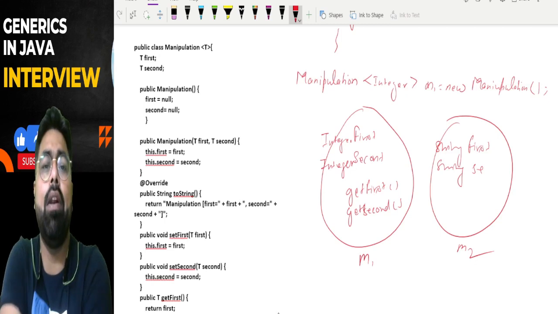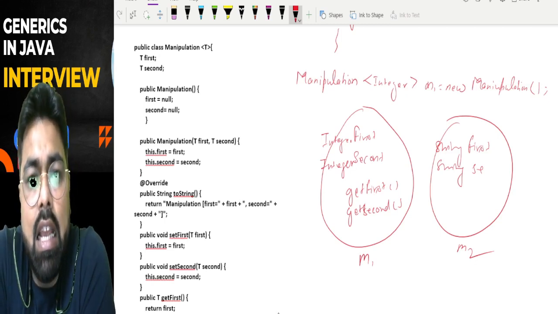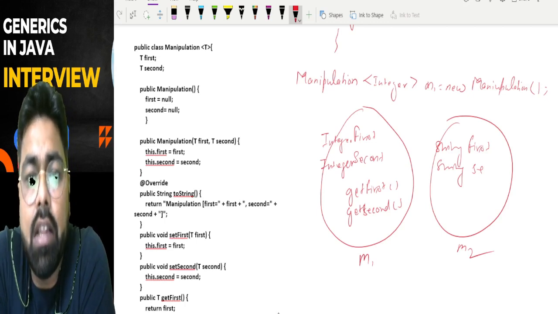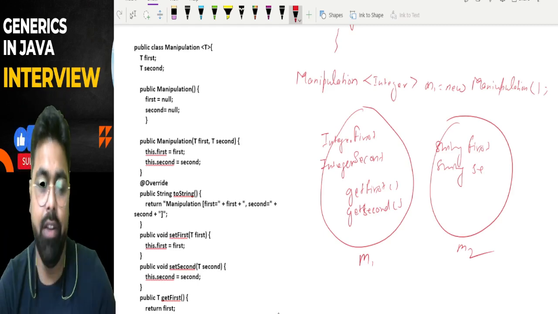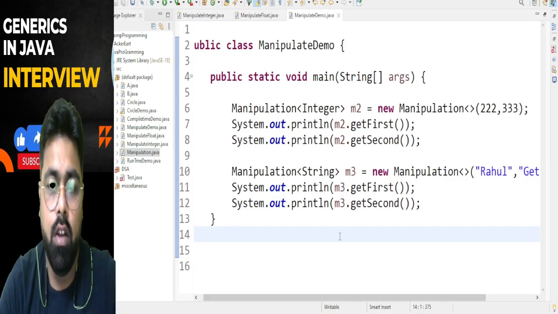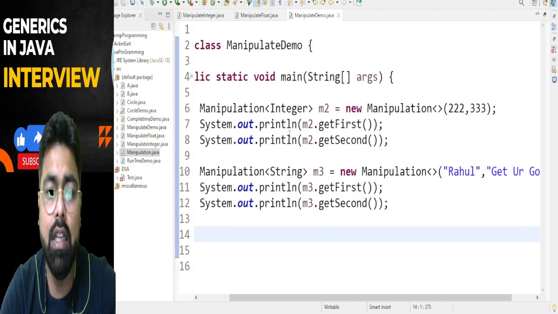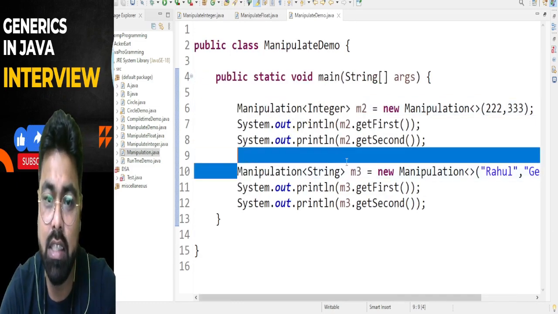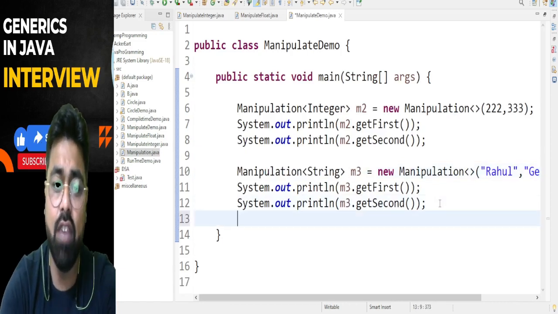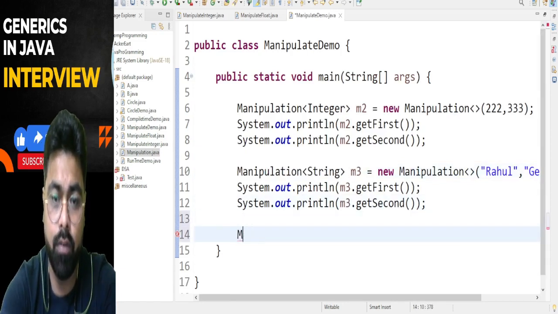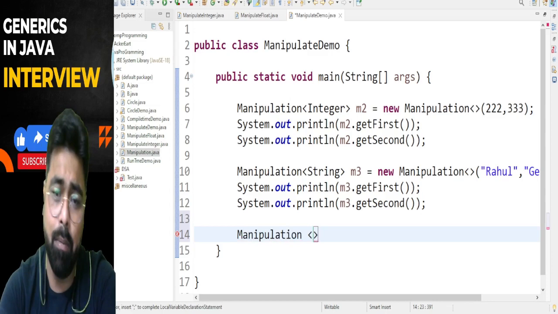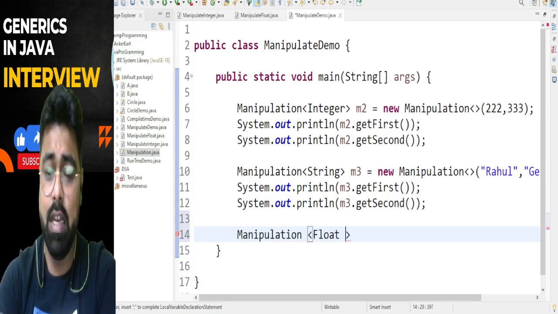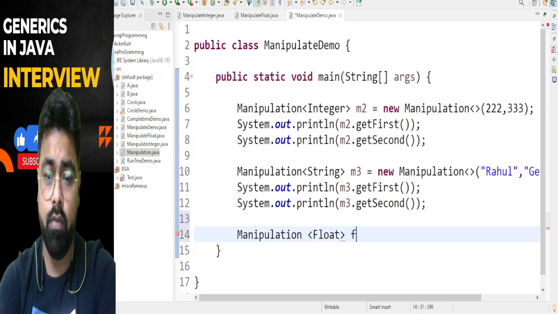जब हम जेनेरिक्स के बारे में पढ़ते हैं तो हम ये भी सीखते हैं कि जेनेरिक एक टाइप सेफ्टी फीचर देता है। तो what is type safety actually, देखते हैं। हमने ये ऑब्जेक्ट इंटीजर टाइप का बनाया और ये ऑब्जेक्ट स्ट्रिंग टाइप का बनाया। चलिए एक और रेफरेंस वेरिएबल बनाते हैं जो कि फ्लोट टाइप का है। केवल रेफरेंस वेरिएबल बना है।